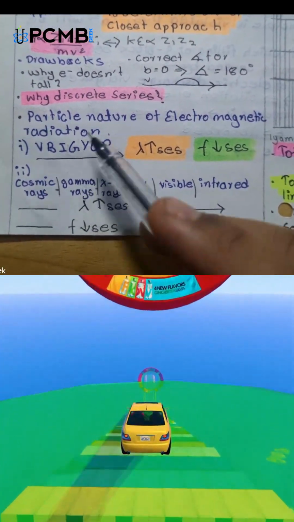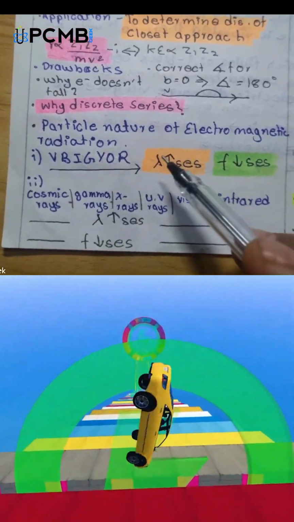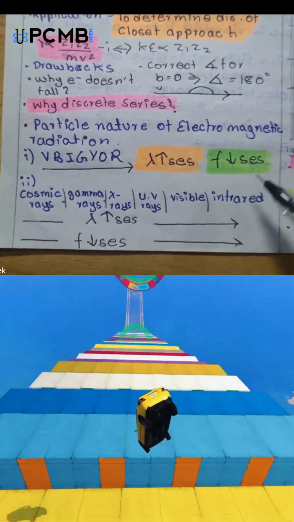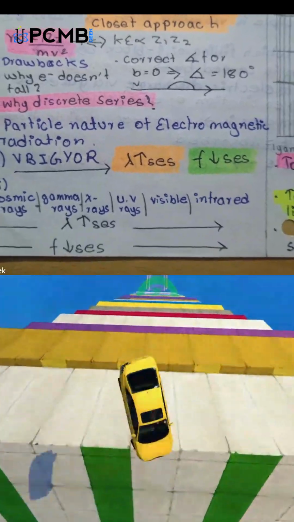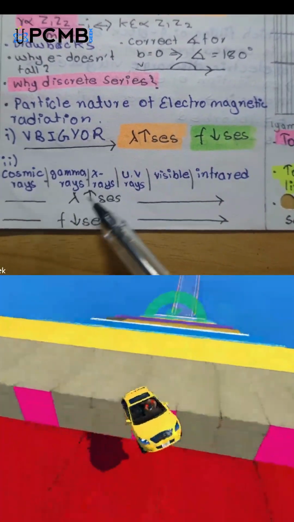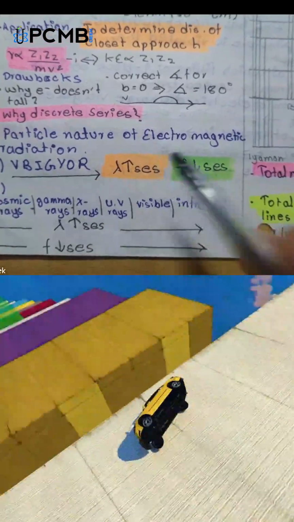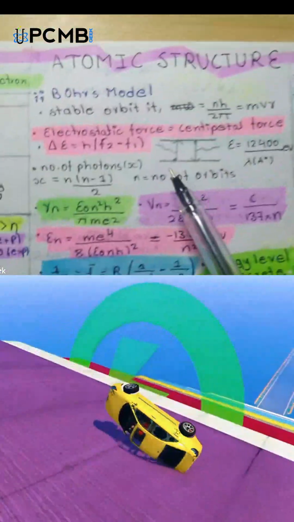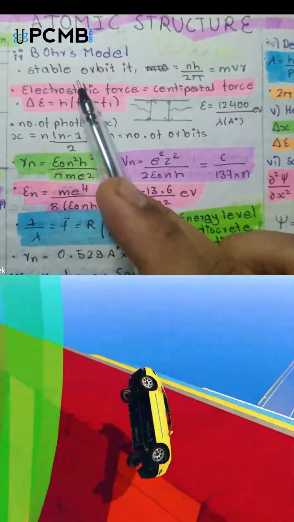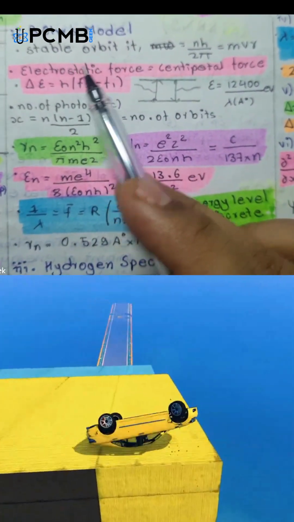First, you need to understand these two trends. As we move from violet to red, the wavelength increases and frequency decreases. As we move on from cosmic rays to infrared rays, wavelength increases and frequency decreases. Just remember this order. Now the most important thing, that is Bohr's model. The atomic model proposed by Niels Bohr, which was based on Planck's quantum